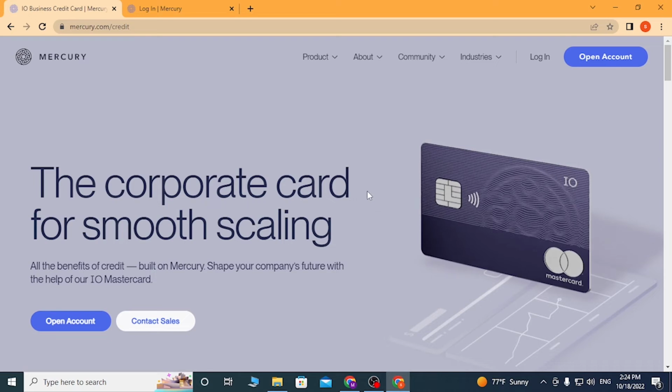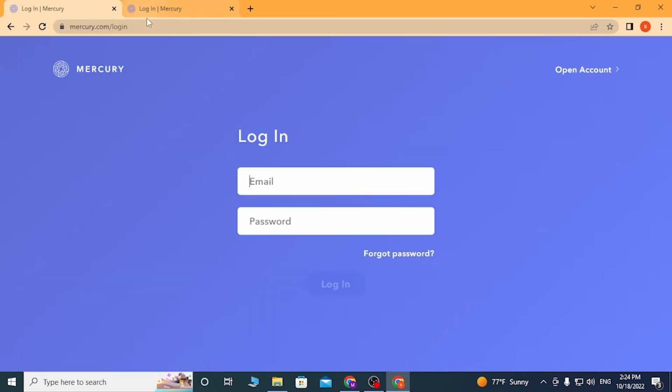To log into your Mercury credit card account, you can see the login option available at the top right corner of your screen. Click on login and you can see both of these pages are the same, so let's close one of these. Now, you'll be required to enter your email address over here, and after that enter your password over here and click on login to sign into your Mercury credit card